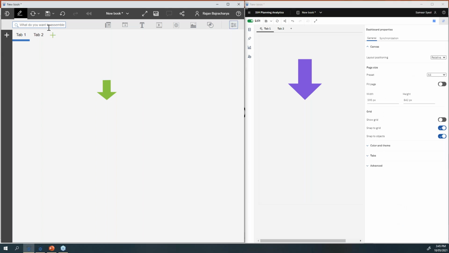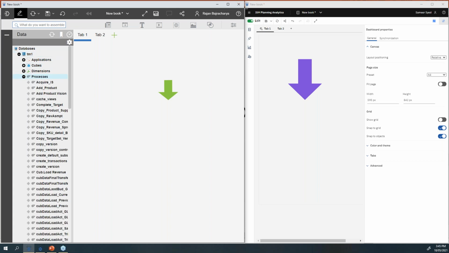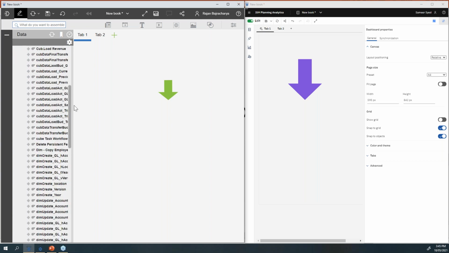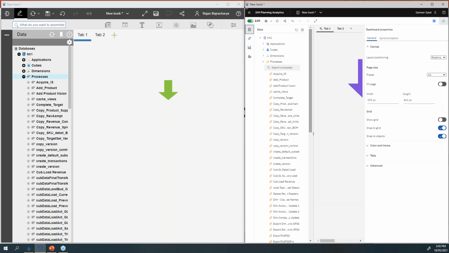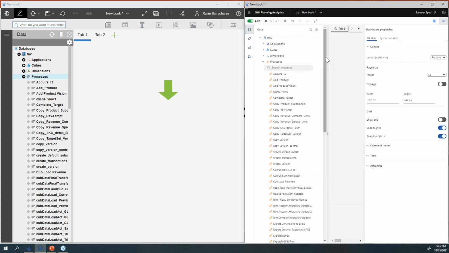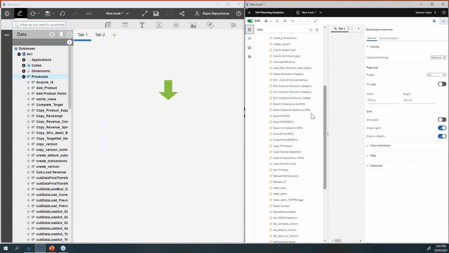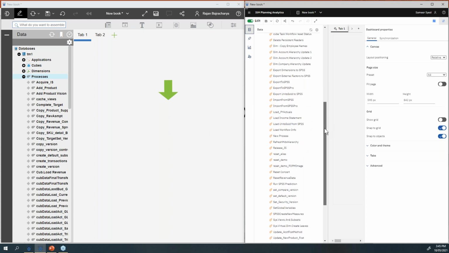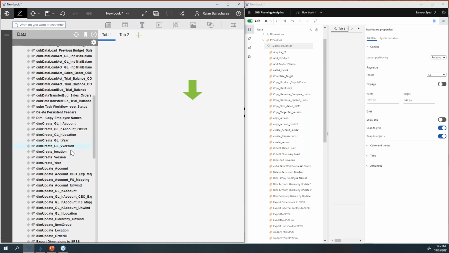So for that, I have to go back to this task pane. Now, let's say I'm going to expand my processes. As you can see, I've got plenty of processes in this instance, and the same thing I can do here as well. If I go to the processes, I can see the exact same processes here as well, because it's the same instance. Now, if I want to find some processes which have the letters SPSS, I'm not sure how many processes have got that. If I have to use Planning Analytics Workspace 57 and earlier versions, I have to go one by one and look for that SPSS.